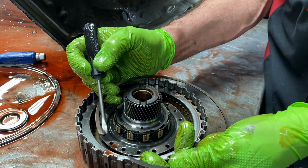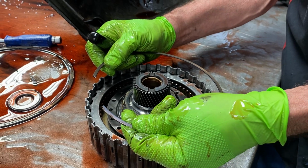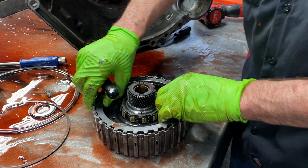Every one I do, you have to grind it to make it fit. And they want it that way. That way it fits tight in the groove and it can't pop out, because these are bad about laying down in here and causing issues. So,